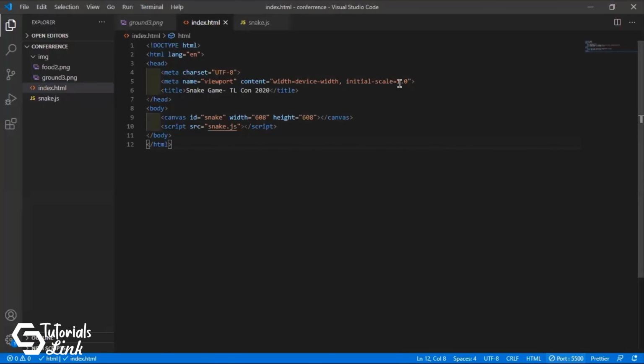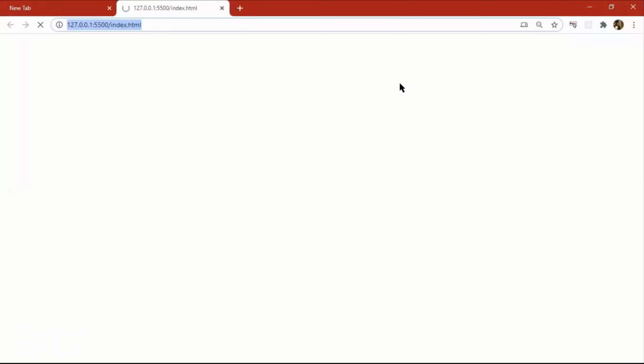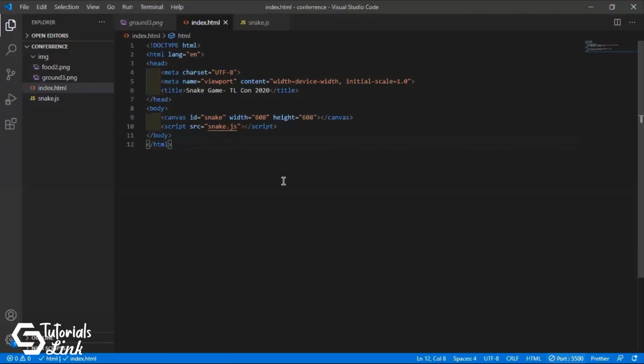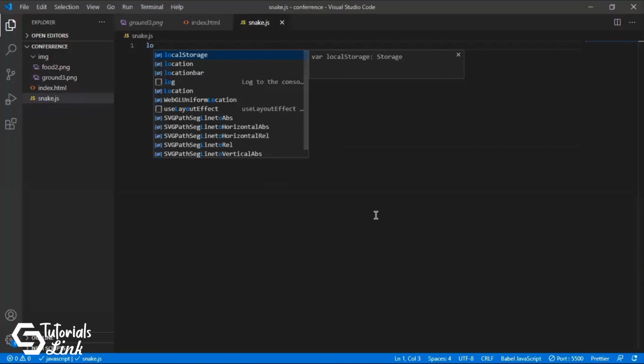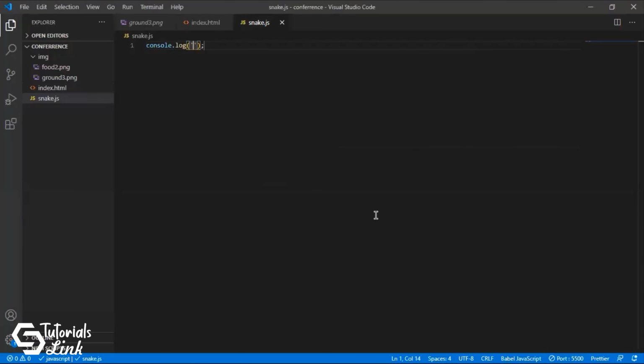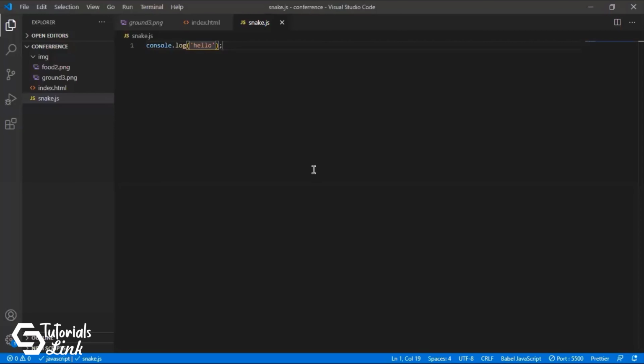I'll open this in our browser. Okay, so it is happening. Let's just check whether this is occurring or not. Cool. So it is happening. Let's just move ahead.